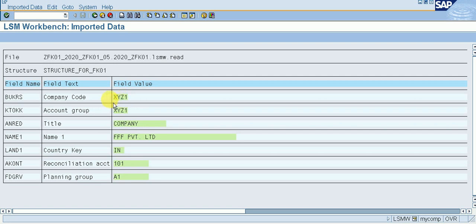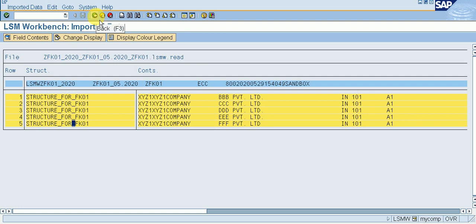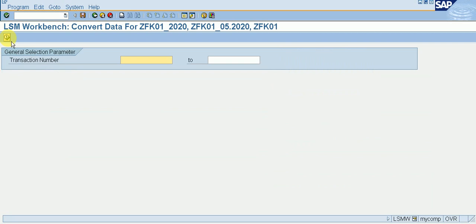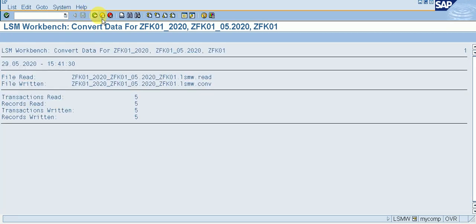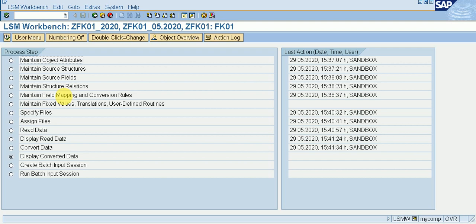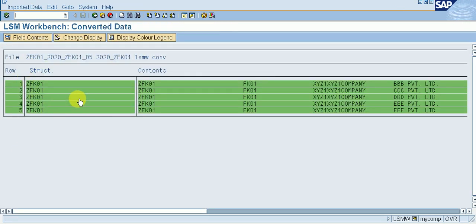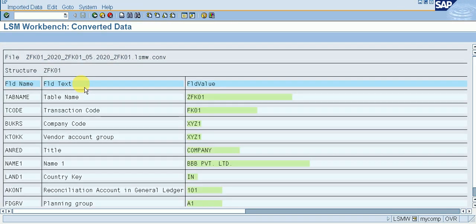So we can see our company code, account group, title, name, country key, reconciliation account and planning group. Okay, all are green. Then go back, click on convert data and execute it, then go back, display converted data, execute it, enter it, then we can see our data is in green, means all our data is okay.